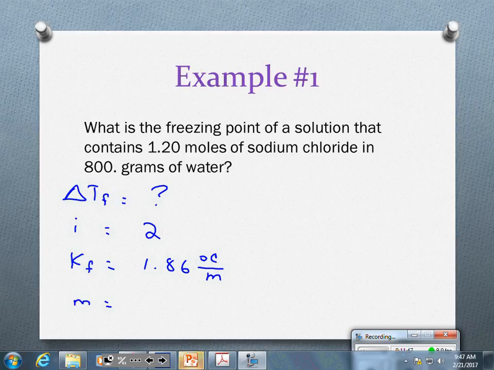How am I going to calculate my molality? How do I calculate molality? Moles of solute over kilograms of solvent. What's my moles of solute? 1.20 moles. What is my kilograms of solvent? We have to do what, Ethan? We have to convert grams to kilograms. So it's going to be 0.800